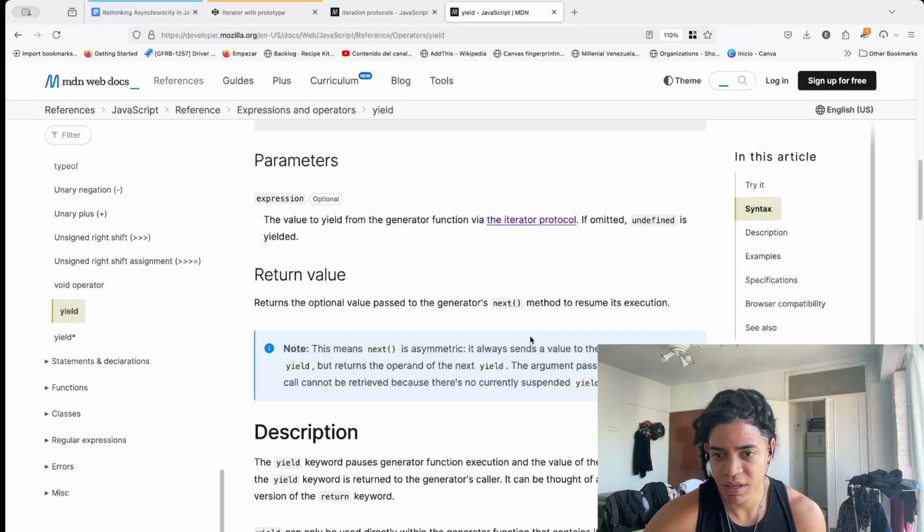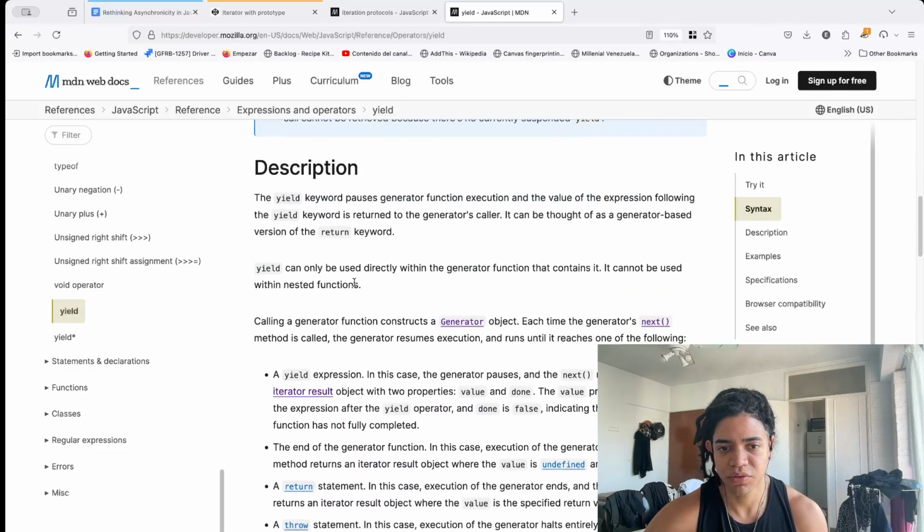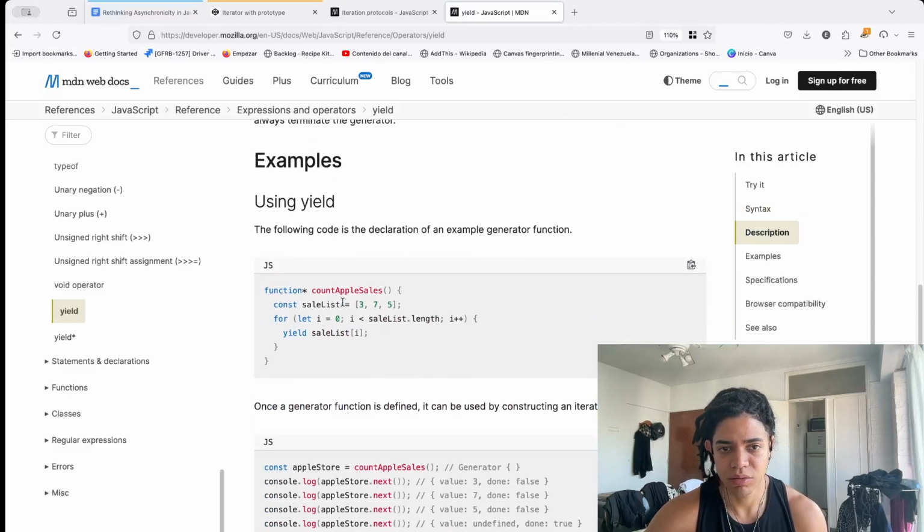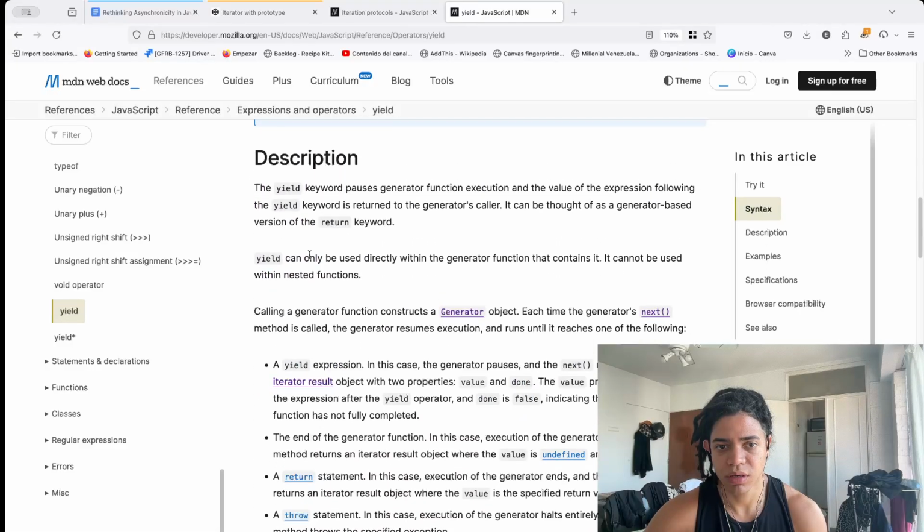The argument passed to the first next call cannot be retrieved, as there is no currently suspended yield. Okay, so the description: